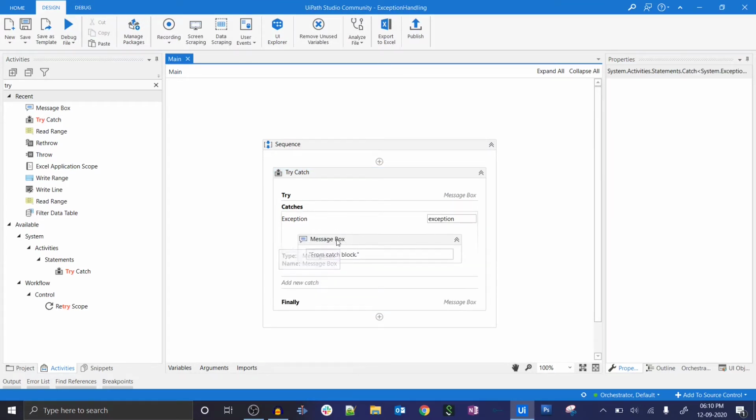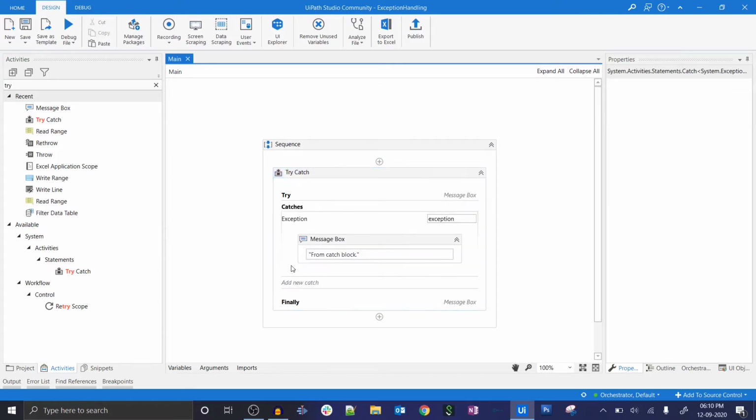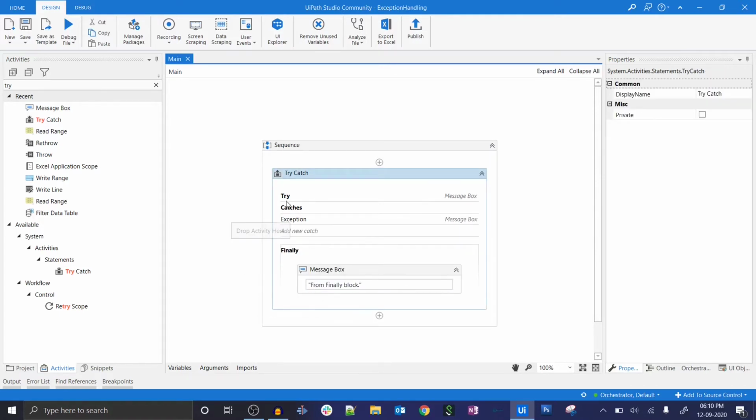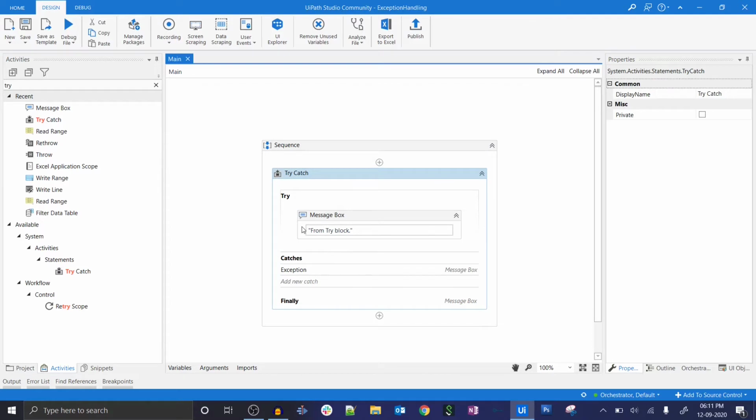The reason why it didn't execute is that if there is any kind of exception inside the try block, then only the catch block is executed. So that is the basic funda: the try block always executes, the finally block always executes, and the catch block only executes when an exception occurs in the try block.